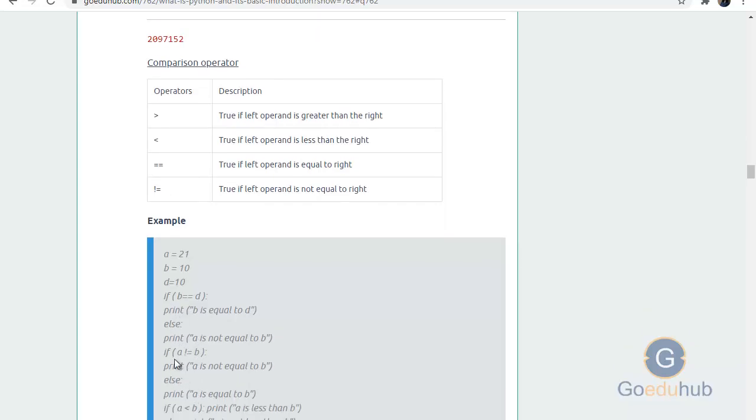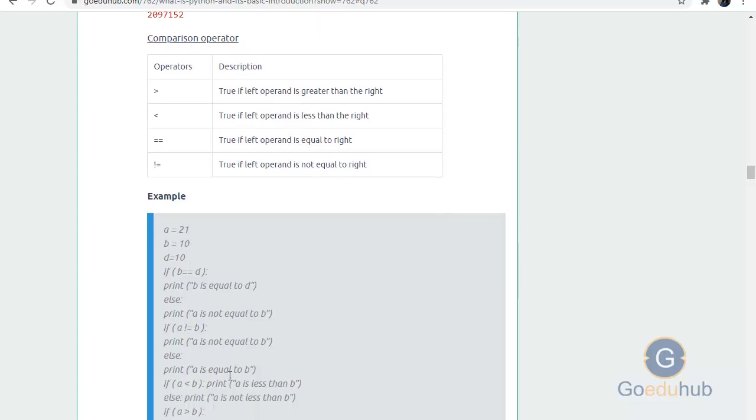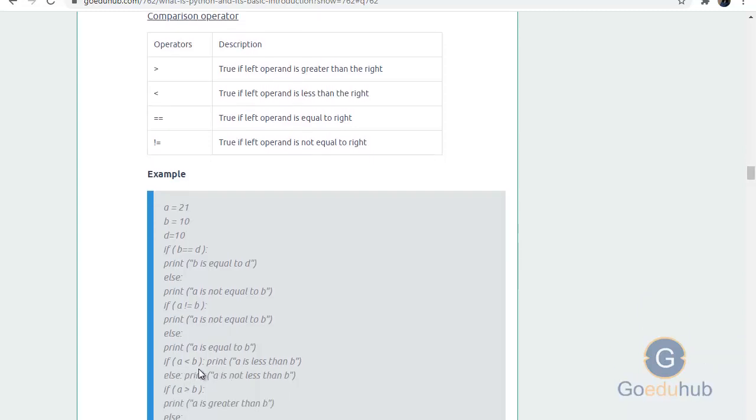And the second condition we have written: if a not equals to b, it is also true, so it will print a is not equals to b. And similarly we have written, if a less than b, then print a is less than b. Okay, so this is the simple comparison operator, which will return you either true or false.